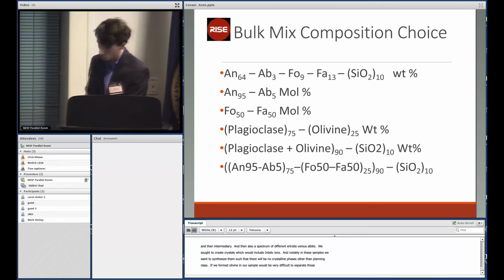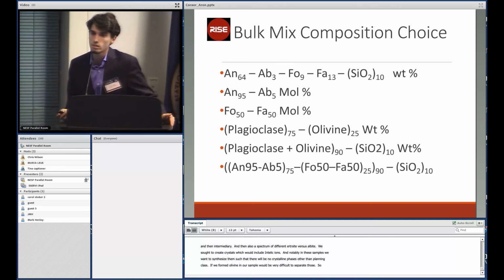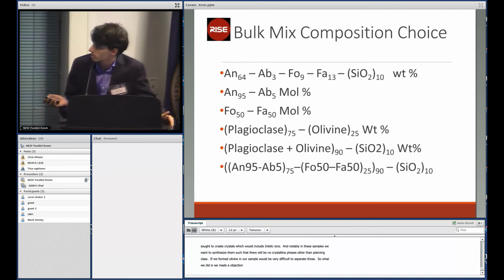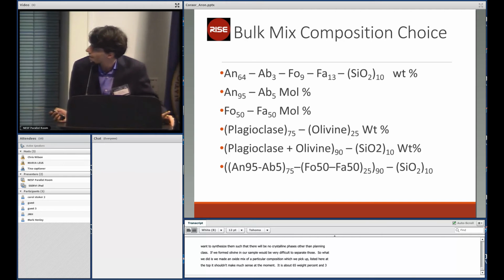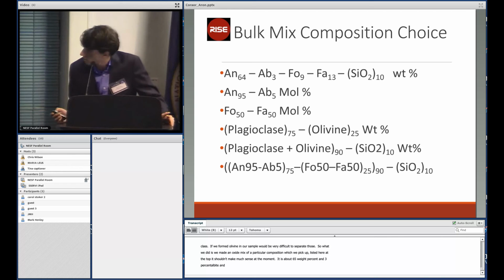So what we did is we made an oxide mix of a particular composition which we picked out, which is listed here at the top. It shouldn't make much sense at the moment. It's about 64 weight percent anorthite, 3 weight percent albite, 9% forsterite, 13% fayalite, and 10% excess silica. And while, again, that won't make much sense,